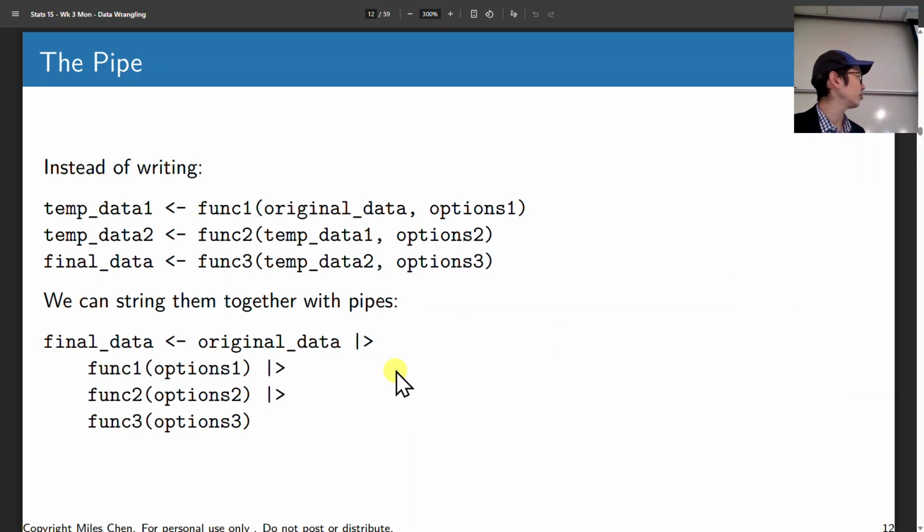So when you use pipes, this is what it's going to look like. If you didn't have pipes, this is what you'd have to do. You have the function, your original data, and your options. The result of function 1 we might call temporary data 1. Then we do function 2 applied to temporary data 1, and we get temporary data 2. And then we might do function 3 on temporary data 2, and we get our final data. It's kind of annoying having to do this, because if you change something here or whatever,